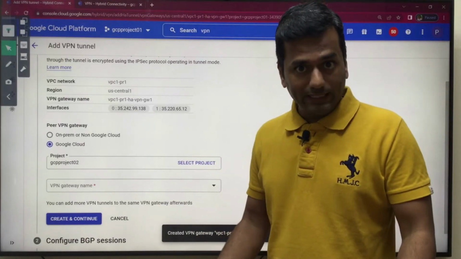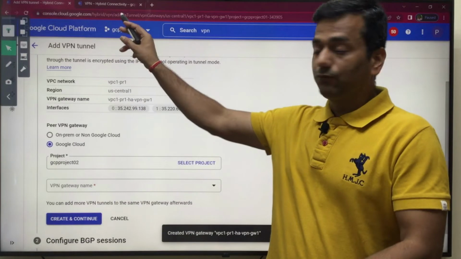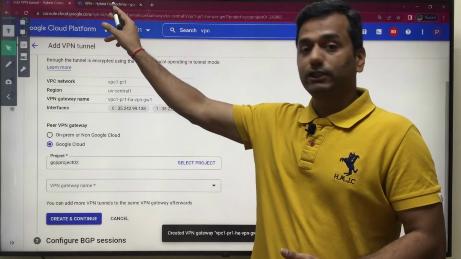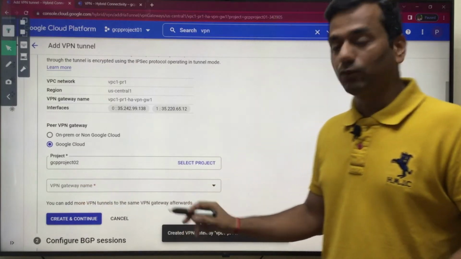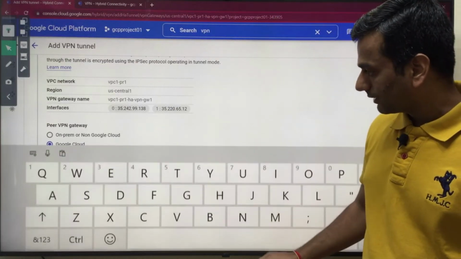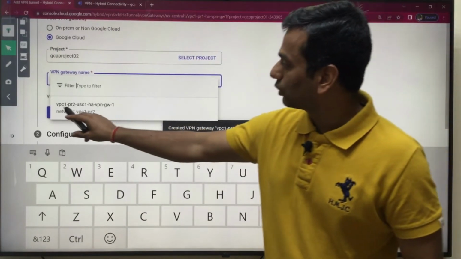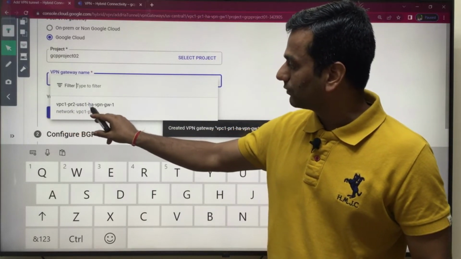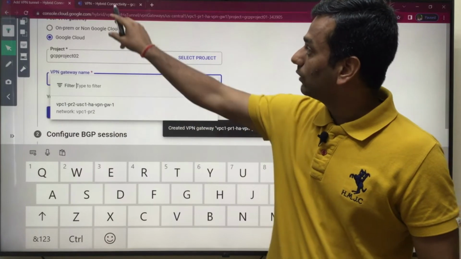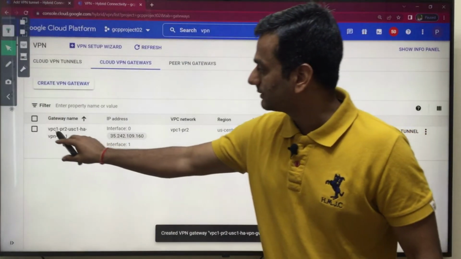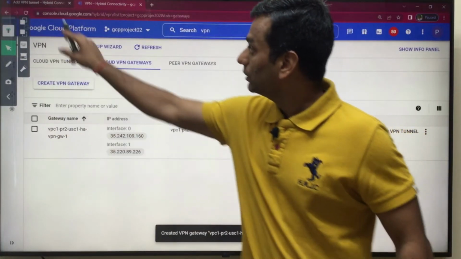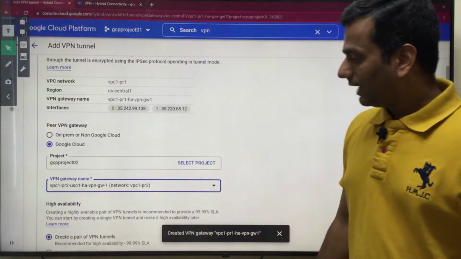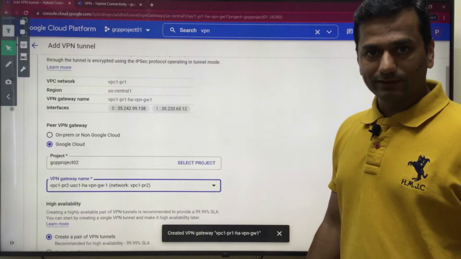If we had not configured anything under Project 2, you would not see any name here. So just click here. Automatically you see VPC1 peer to project 2 US1 HA VPN gateway, which you configured. Click on it.